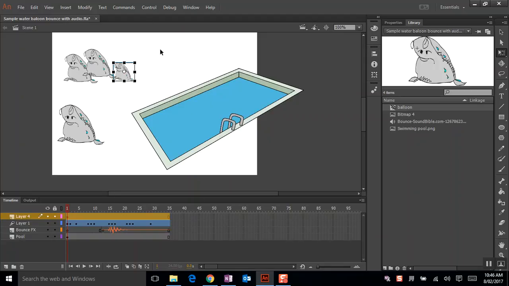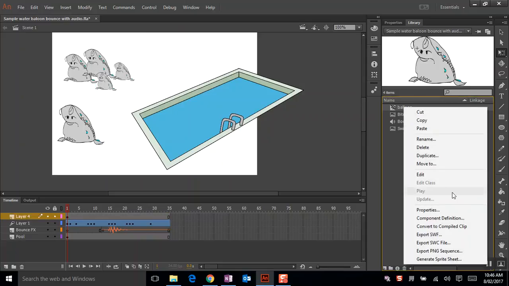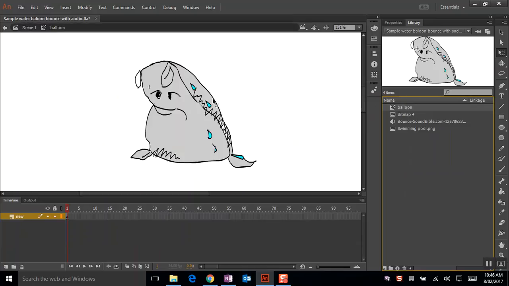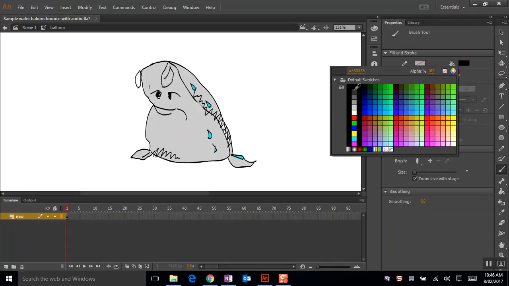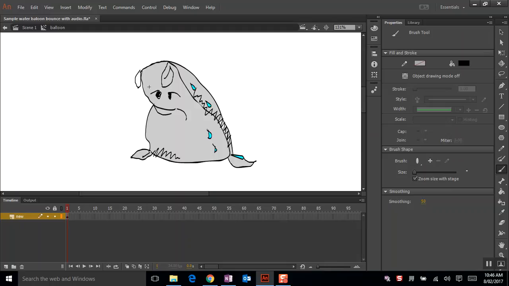Every time I change the symbol, every symbol changes. So let's test that theory. Go back into the balloon, right click, edit. If I was to change his eyes, because those eyes look pretty silly, I'll go into my brush tool here, and I'll go back to properties and black. So if I was to draw better eyes,